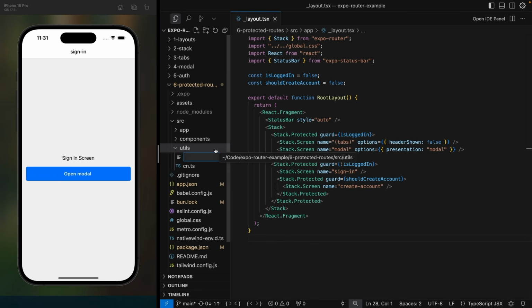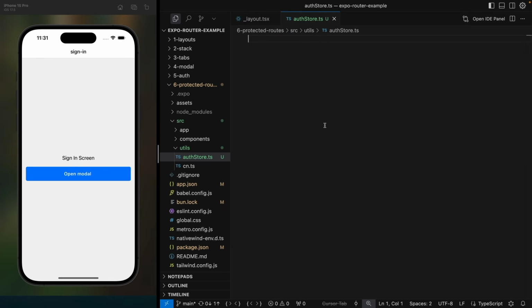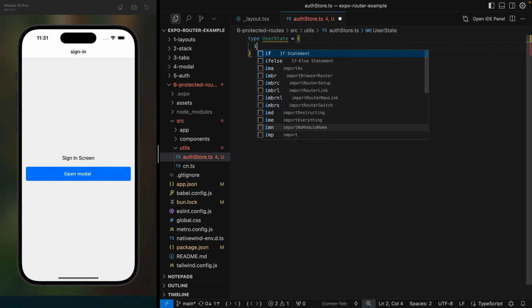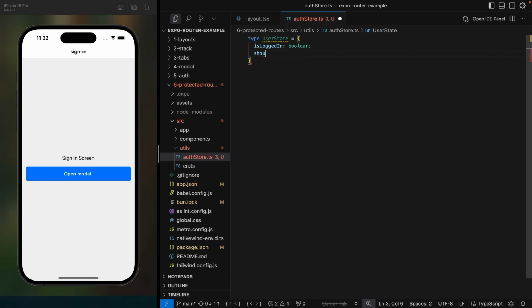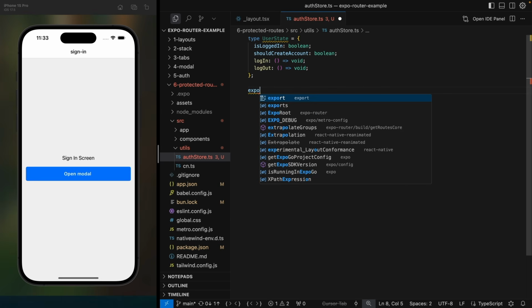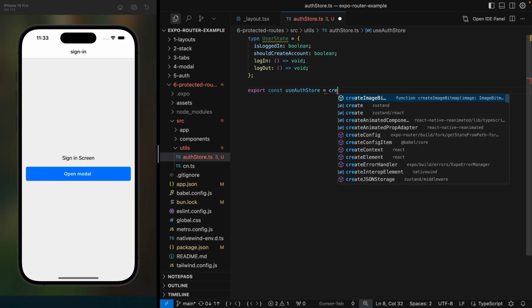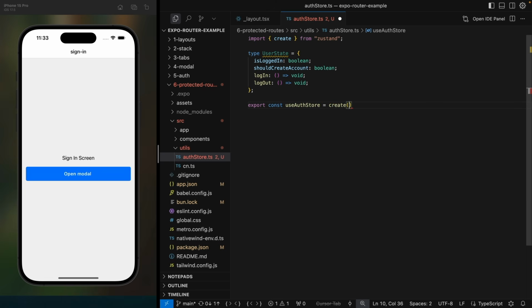Now in utils, I'll create a file called authStore, and this will be our app's auth state in Zustand. In our auth store, we want to store a boolean for whether the user is logged in and whether they should create an account. We also want to add functions to be able to toggle these from within our application. In Zustand, this is exported as a hook, so we will export useAuthStore, and we'll import create from Zustand,